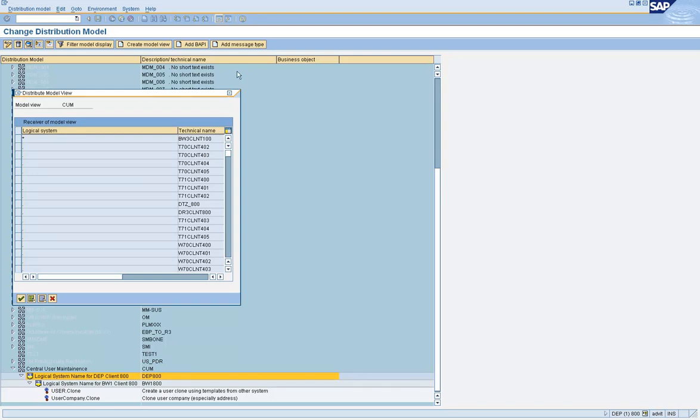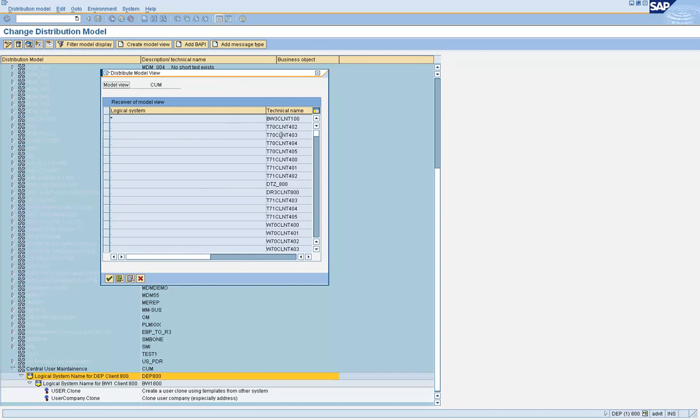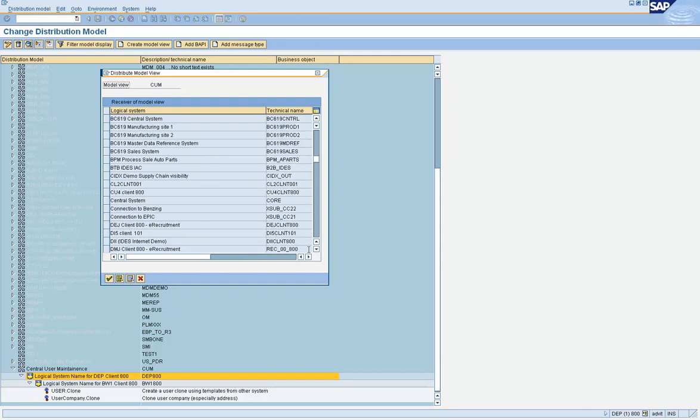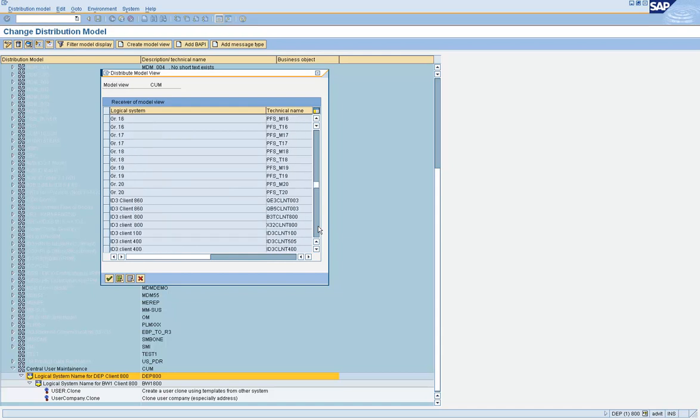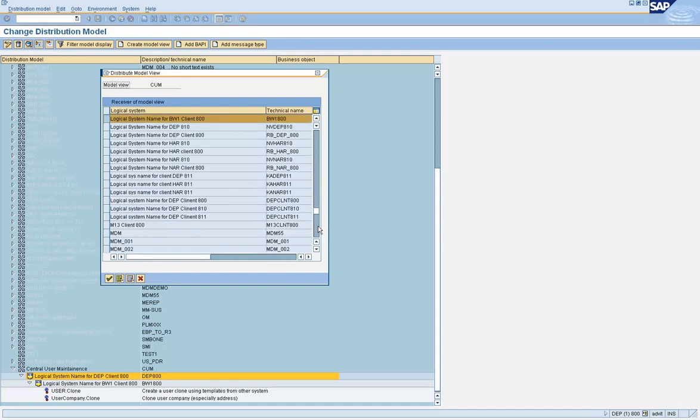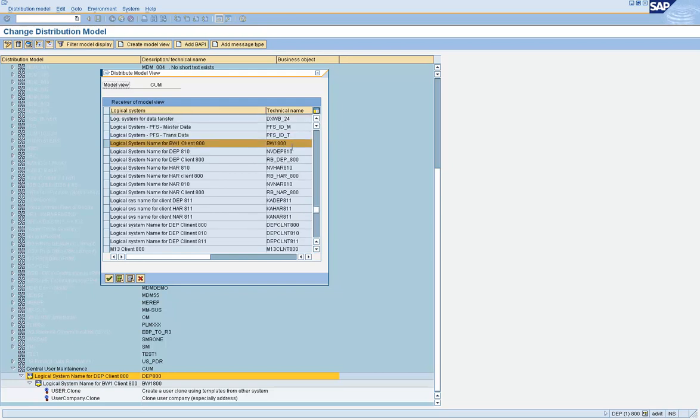Now you get a distribute model view box where you get all the logical system names that are created in this particular system. But if you scroll down and look, the logical system name that is involved in your CUA setup, in this case BW1800, is automatically selected.